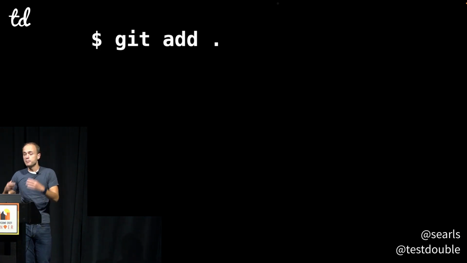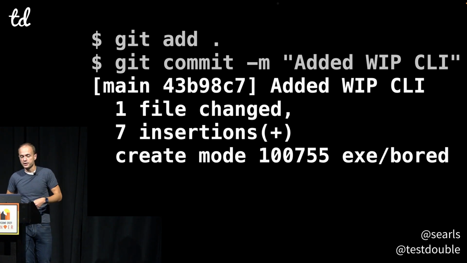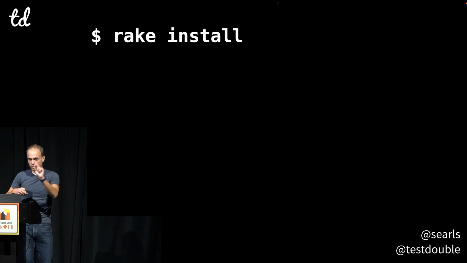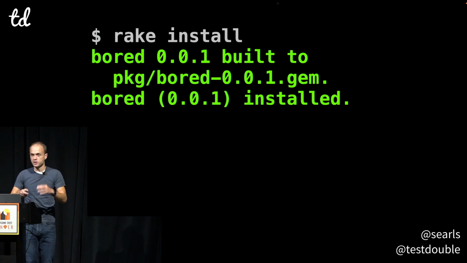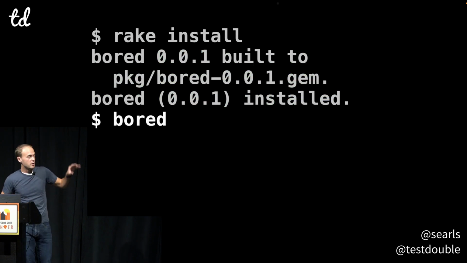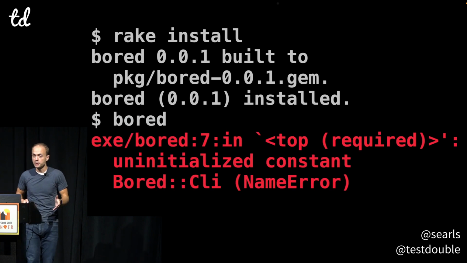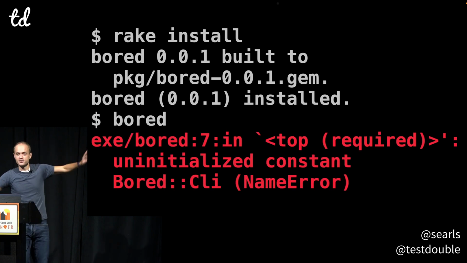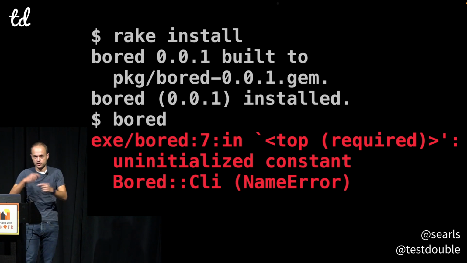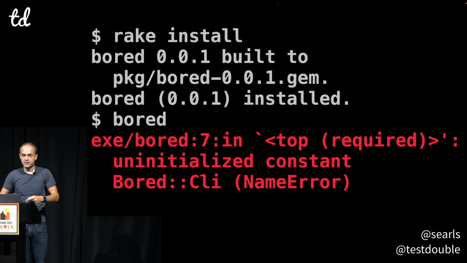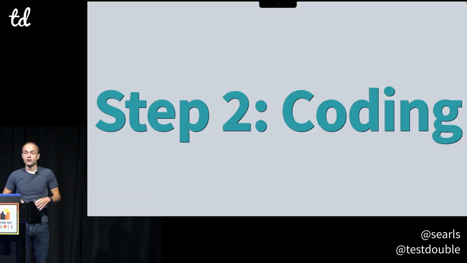And then I'm going to actually commit it now, even though it's a work in progress, because I want to see that when I run rake install, which is going to package up the gem and then install it locally, I should be able to run the board command. So when I run board, I am elated to see this error message because it shows that it's actually successfully running my script. And so I've got all the plumbing stuff worked out,